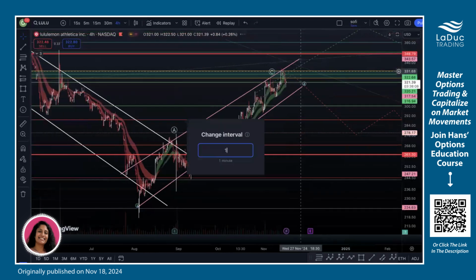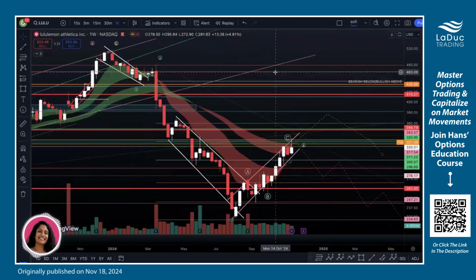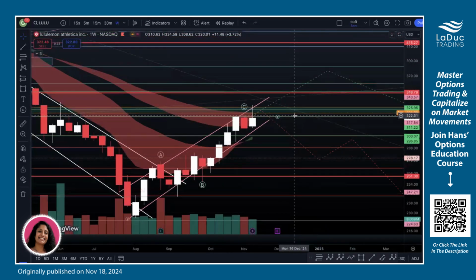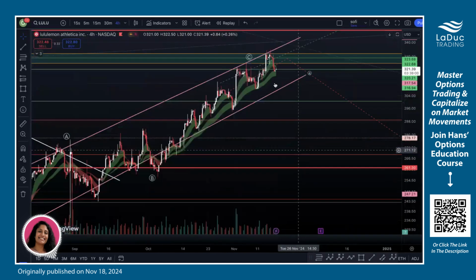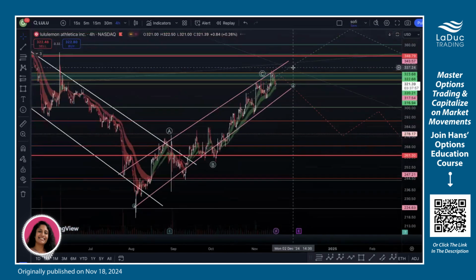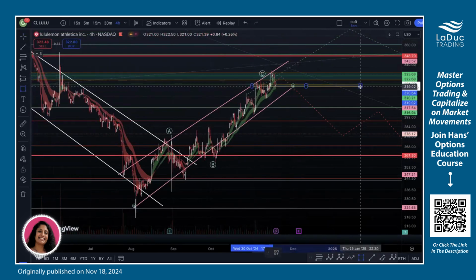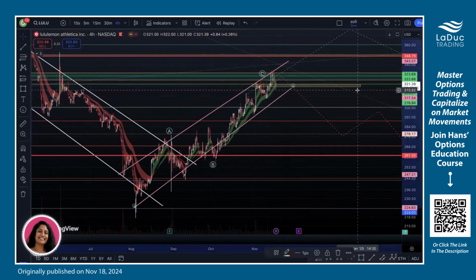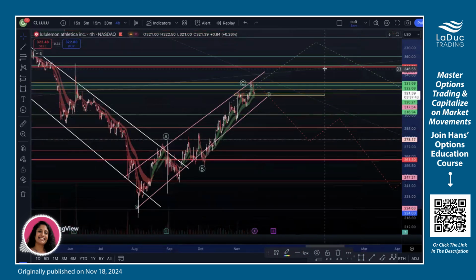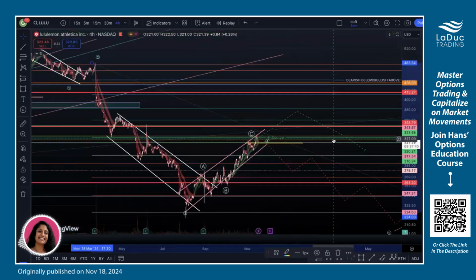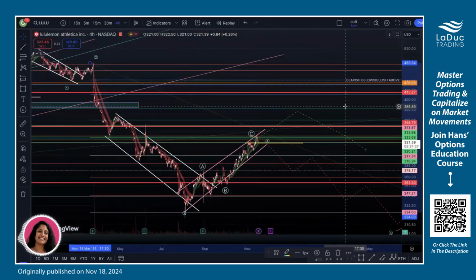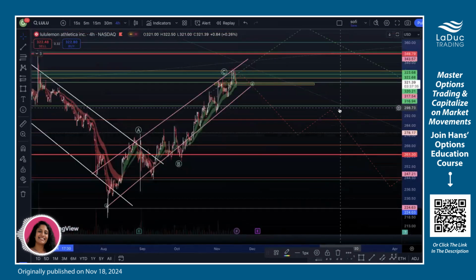LULU, I discussed this. It didn't sell off that week, but you can see here, it's trying to reject this weekly level of resistance. So yeah, this is a good start, but we need follow through. So that's why I put it on this week's watch list. You can see here, this is the level of support. So if we can get below 315, 314, then LULU can sell to 310, 300 pretty easily. Again, your stop would be 330. A break of 330 means we're pretty much going to head up to 380, 390. So yeah, that's why I have LULU on this week's watch list.